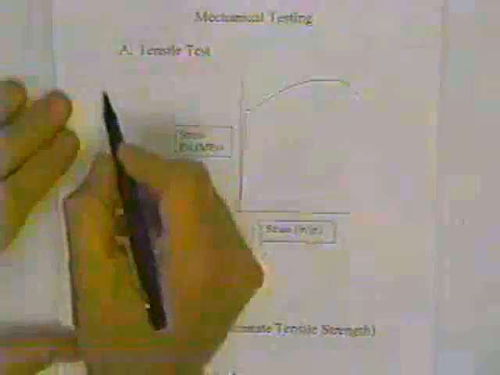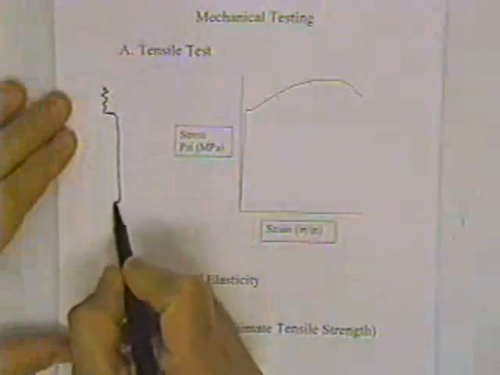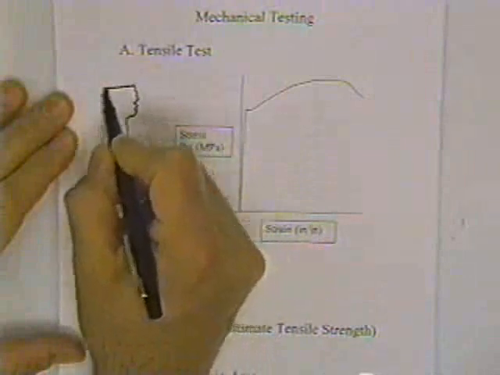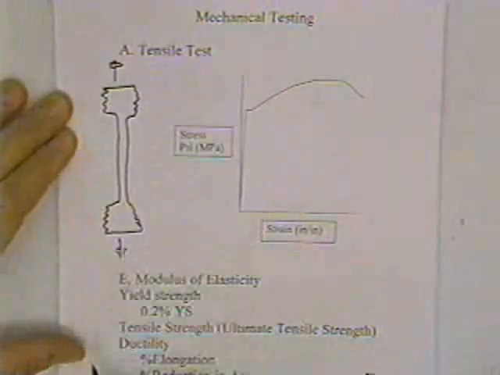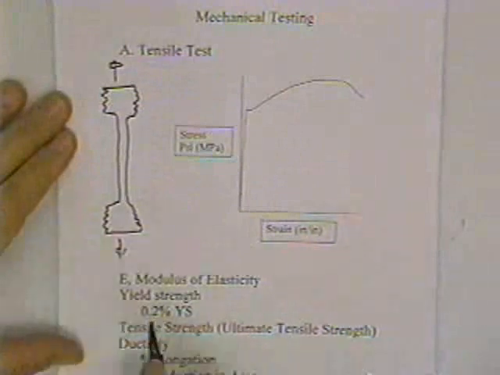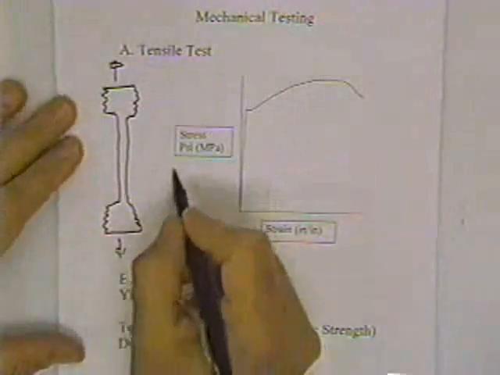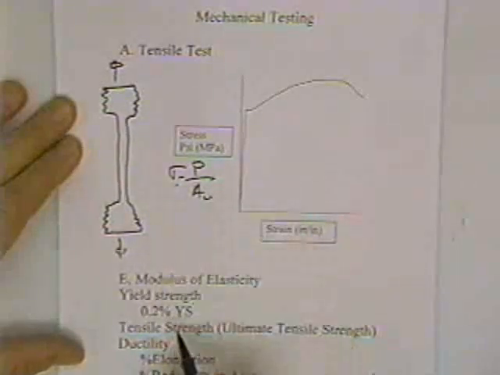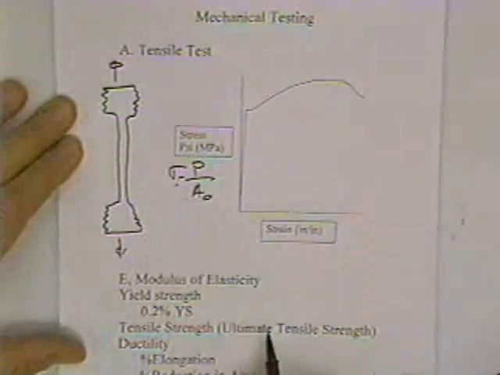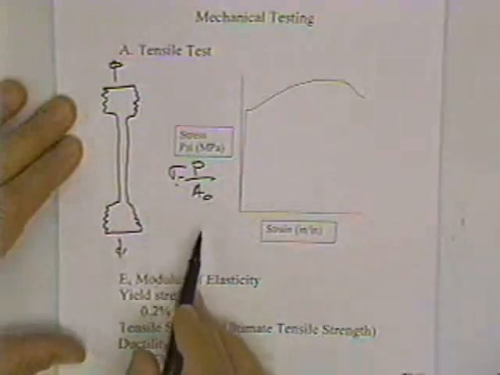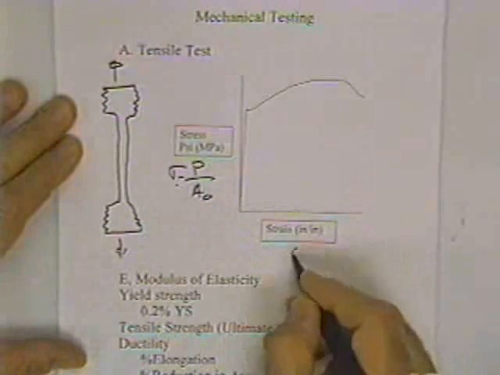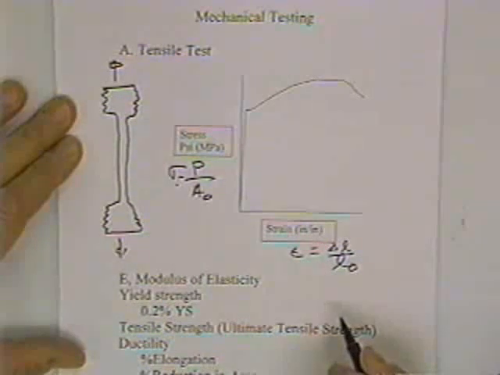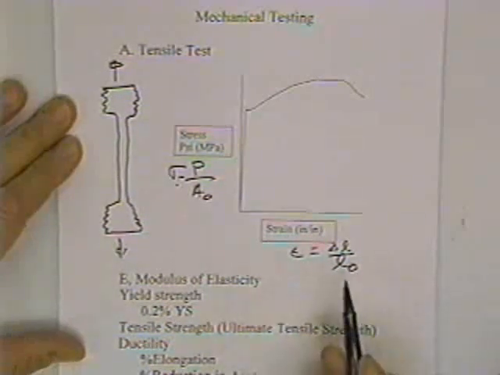And in the tensile test, we have a uniaxial bar, we have a reduced cross-section, we put a force on, and we measure that force. We know the cross-sectional area, and we convert that to stress. This is the engineering stress-strain diagram, where we're going to divide by the original area for engineering stress, compared to the true stress, where you divide by the instantaneous area. The strain is equal to the change in length over the gauge length. And if you plot stress versus strain